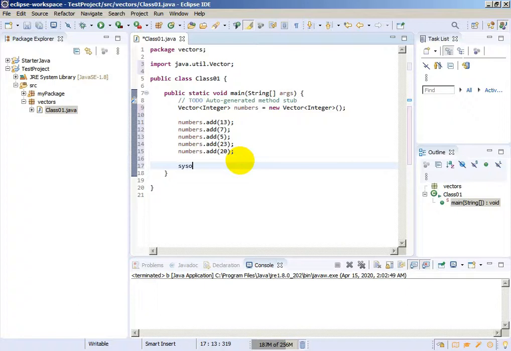And now let's print these numbers. We will type, let's write "numbers in vector", and we can use a loop to print them. We will use a for each loop: for Integer n of vector numbers,